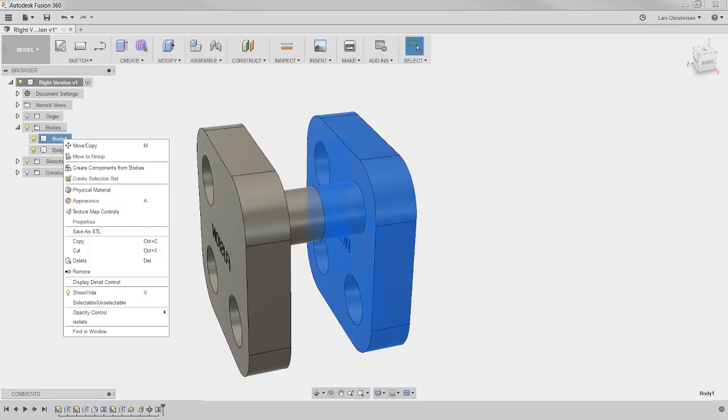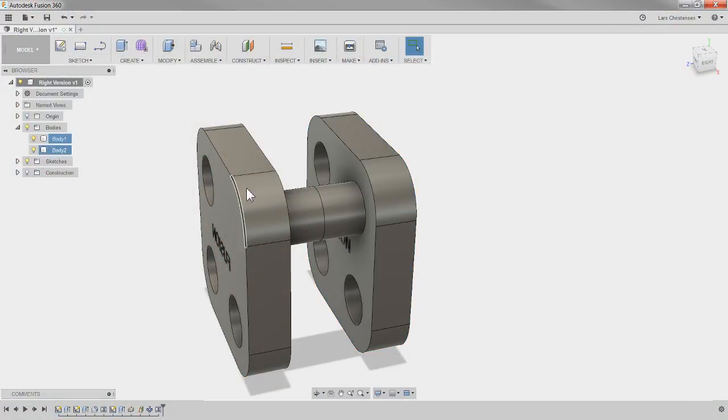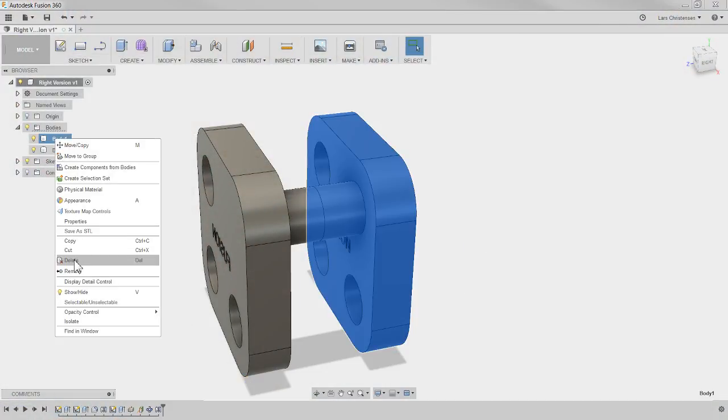And the reason you want to select remove is that the delete function inside of Fusion has some intelligence behind it, where it's trying to figure out how to heal after you delete something. Let me show you what it does. That's probably actually easier. So if I go in now and say I'm going to delete this body,